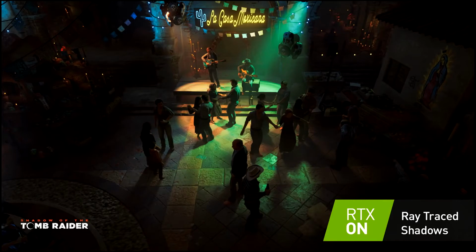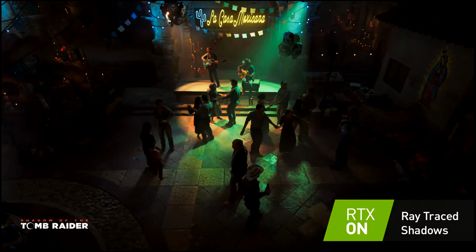So one of the things, of course, with Lara Croft is you're in shadow all the time. It's all about shadows. And one of the challenges with shadows, as you know, is they're too crisp, so they have these hard shadows, and we use contact hardening and percentage closer shadows. They're kind of blurry and fuzzy and noisy, and when you put a whole bunch of them together, it just becomes a big mess. And so what you're looking at is ray-traced shadows,